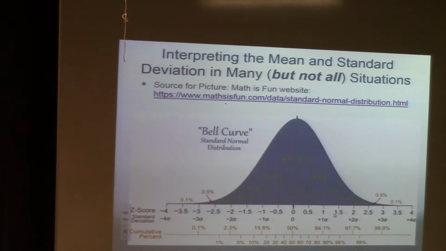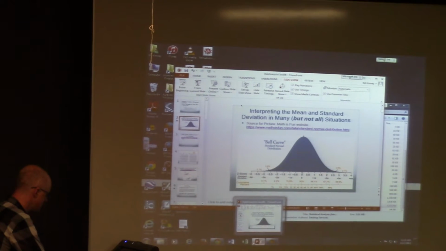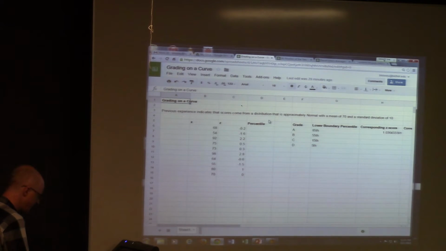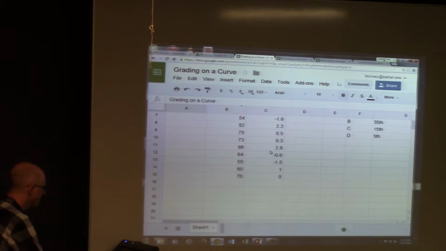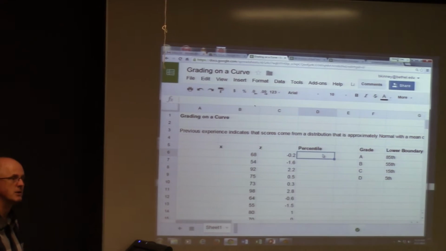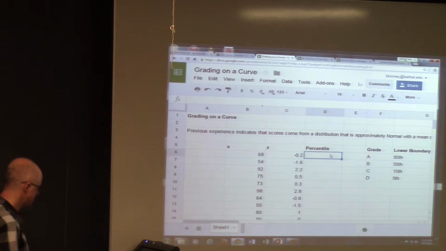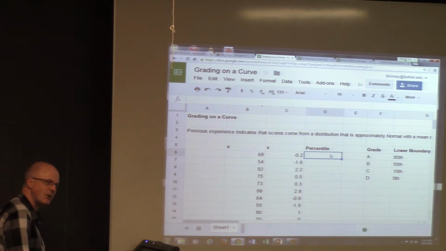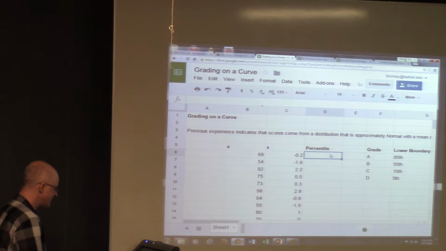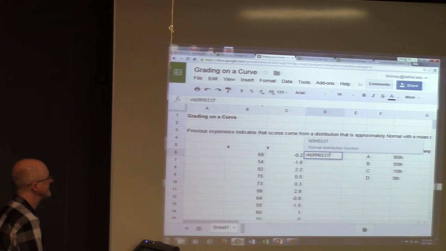We'll go to the spreadsheet now, the same spreadsheet we looked at in lecture 5. This grading on a curve 1. We can also use a couple of built-in commands to do a couple of different things that I want to show you today. And these are worth knowing, and you can check future work with these things. I think it's good. I might ask you some spreadsheet questions on tests as well, so it's good to know this. Take notes. There's a built-in function called NORMDIST